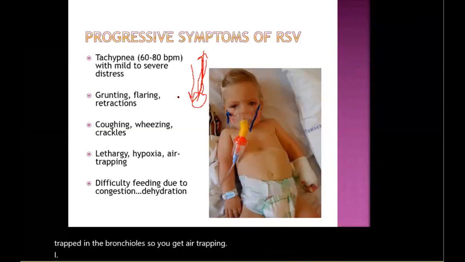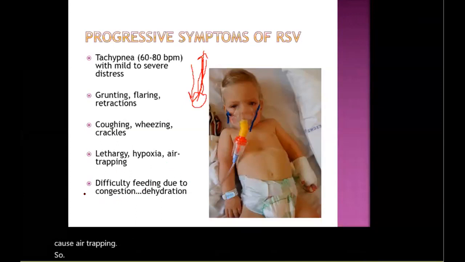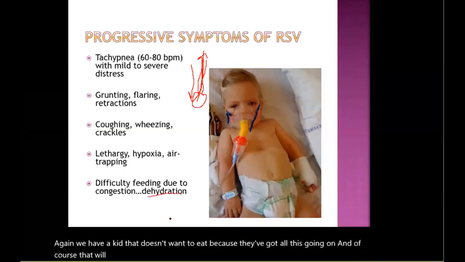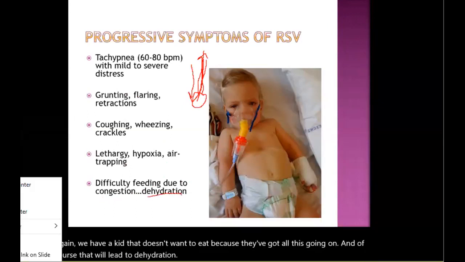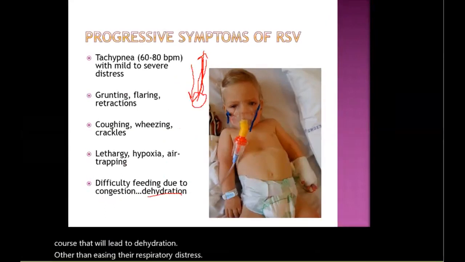I'll go into air trapping a little bit more when we talk about asthma and other things that can cause air trapping. And again, we have a kid that doesn't want to eat because they've got all this going on. And of course, that will lead to dehydration. So other than easing their respiratory distress, we are also